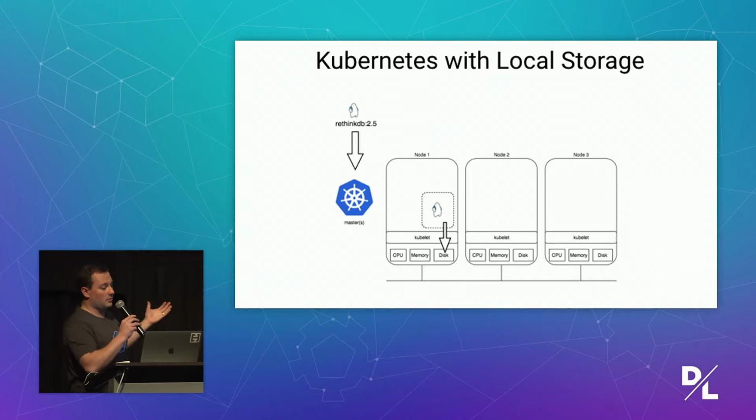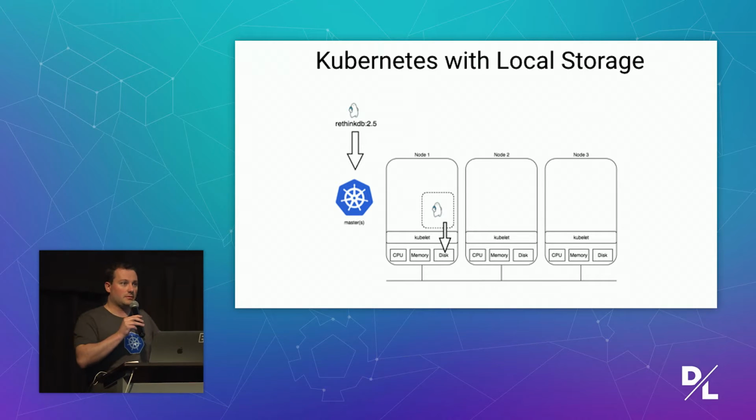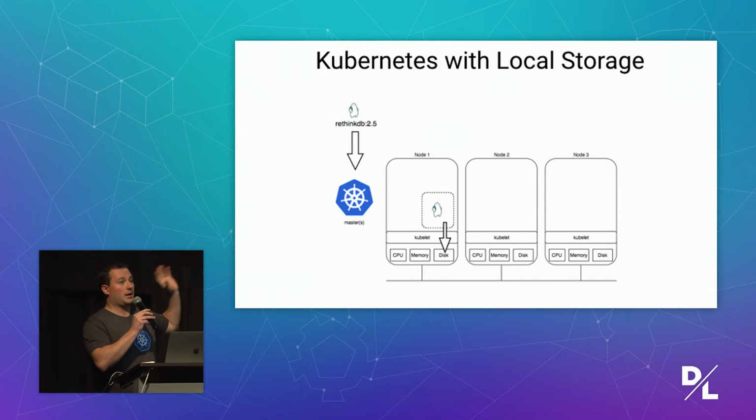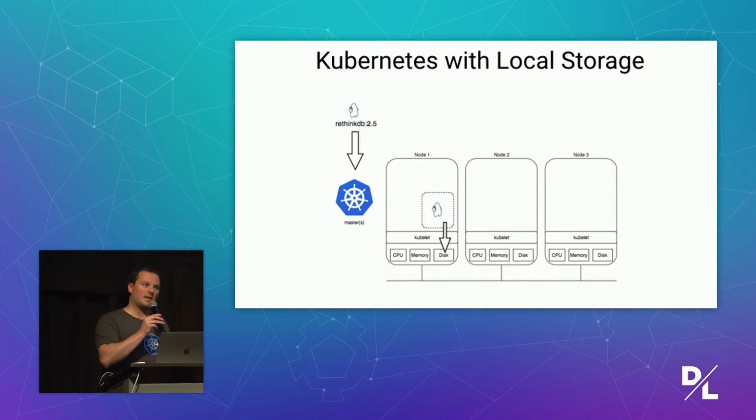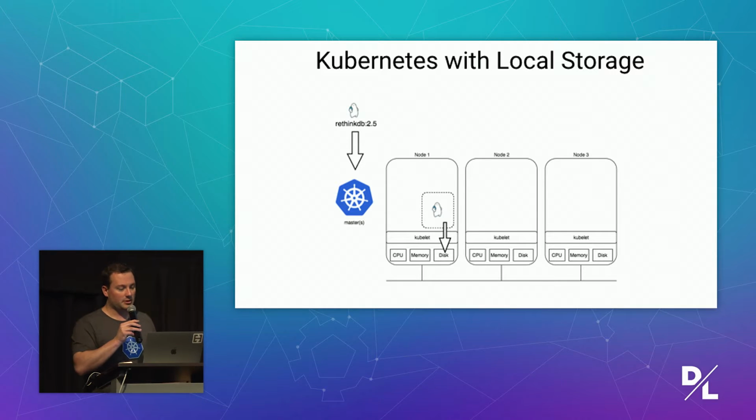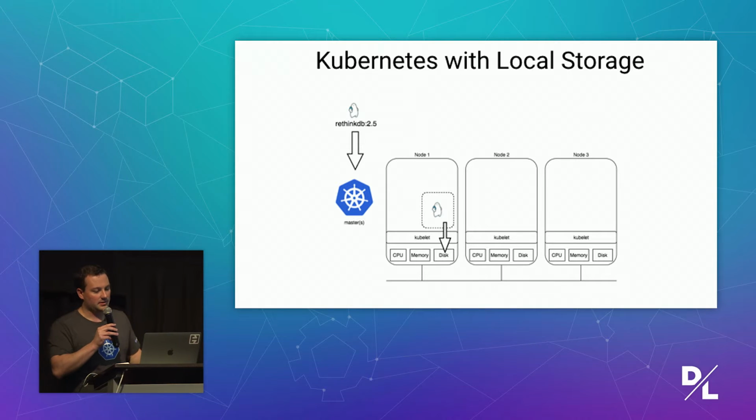So what happens if you want to update to a new version of RethinkDB? Well, it's possible that our pod might show up on another machine. That's bad, because our data's there. Kubernetes allows us to lock specific containers to specific hosts. So that's one way to solve that. But that's sort of a Band-Aid, because